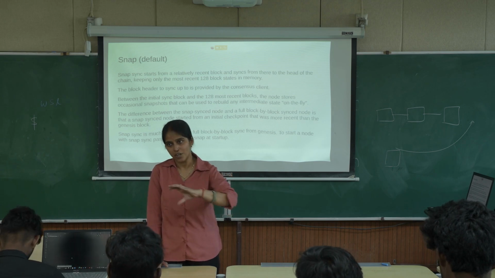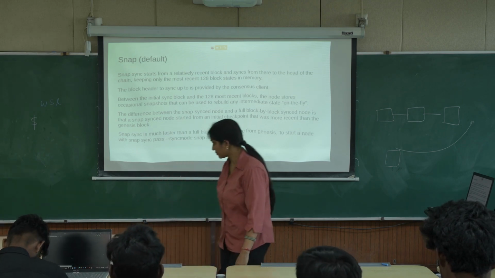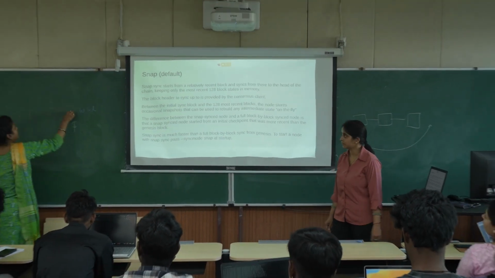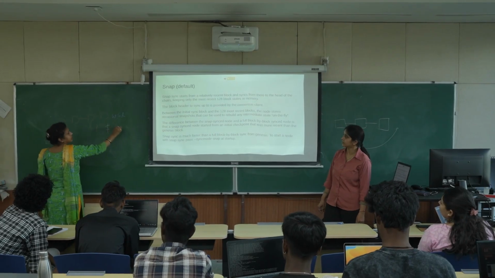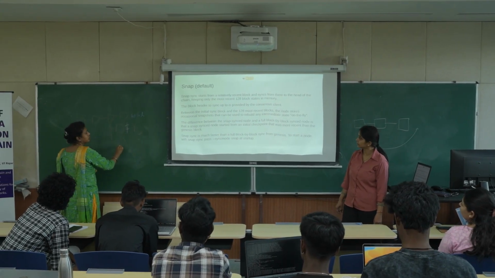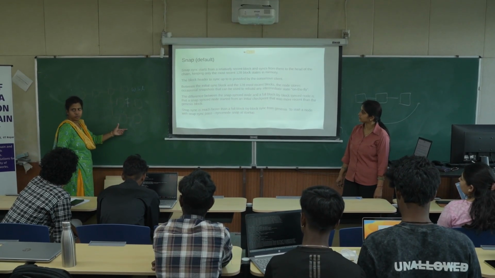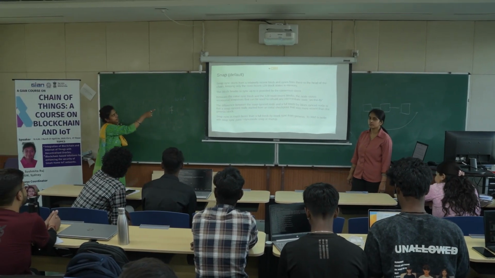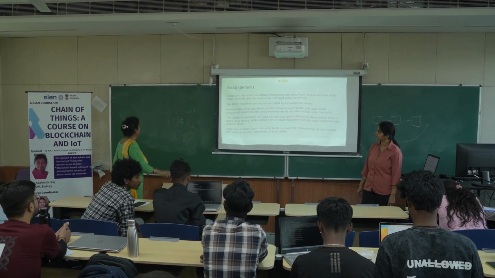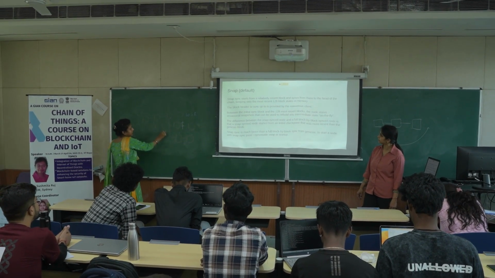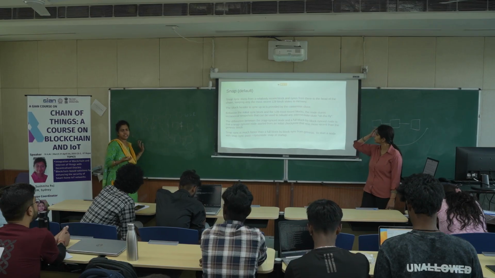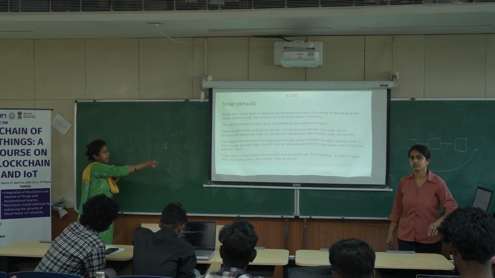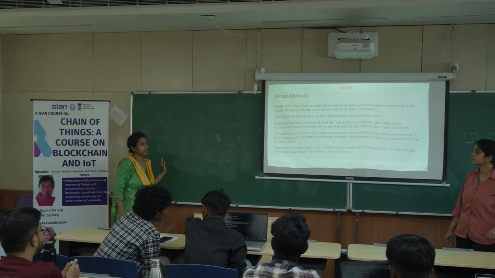Actually, in blockchain, you have a main chain. In this chain, many forks are also created. So now you are creating your own private chain and you are syncing with some, as she said, 128 blocks. You are taking these and then doing so. Many chains are there. The main chain is one, and when you are creating your private chain, then again you are forking, and so you are basically connecting.